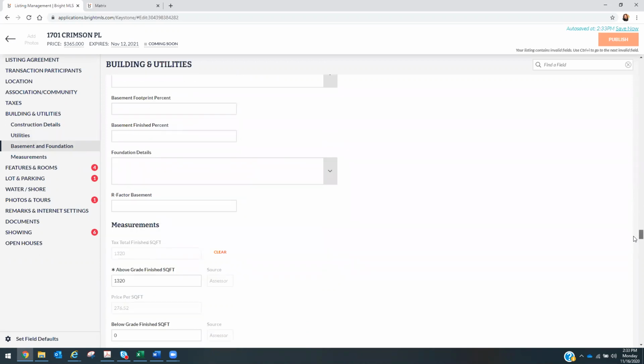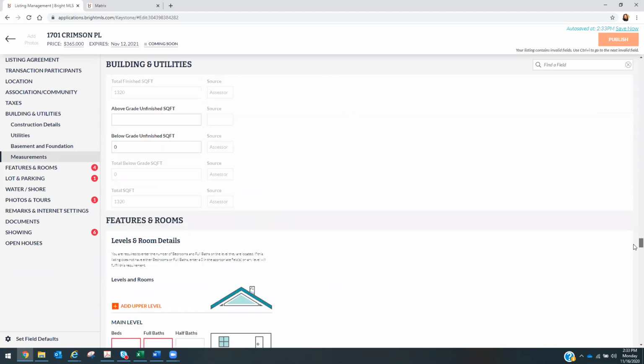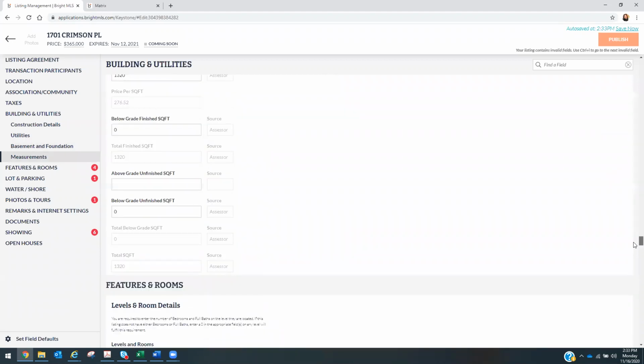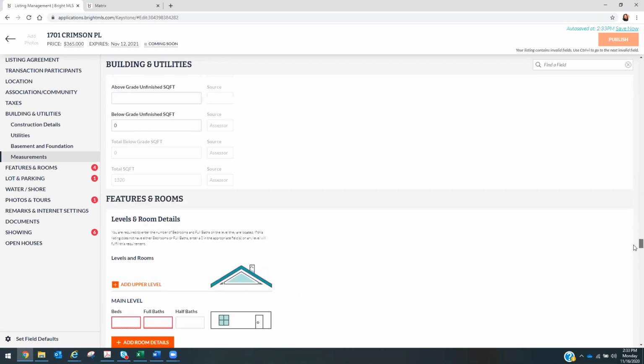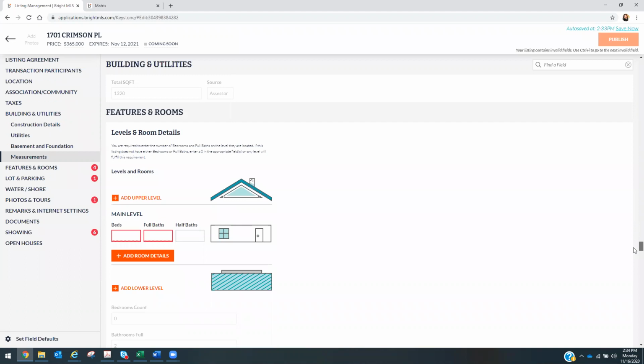So the next thing you want to go to is the features and rooms. And also just a quick note, a tip that if you wanted to get somewhere quicker, you can just select the tabs on the side instead of having to scroll. Okay, gotcha. All right, so features and rooms, it's going to ask